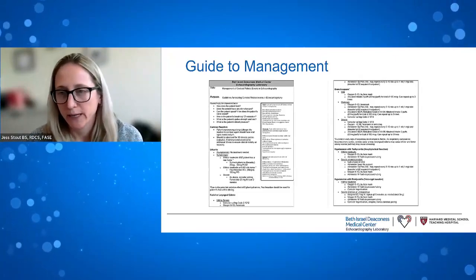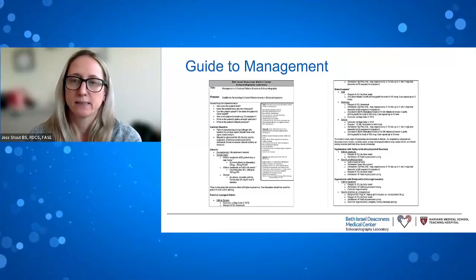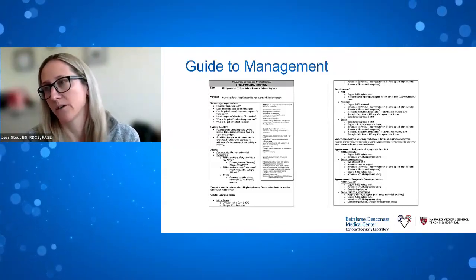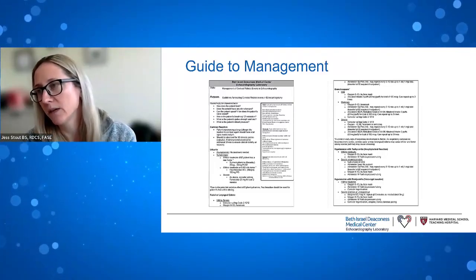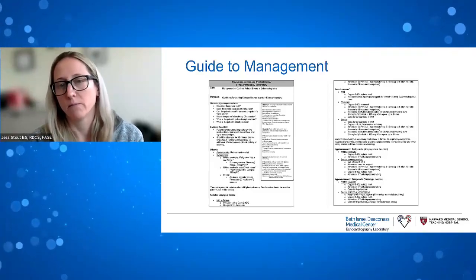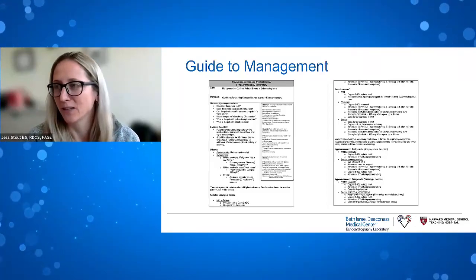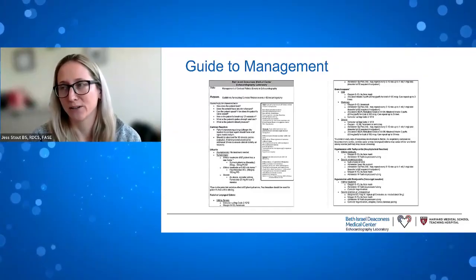And this is really wordy. This is really something that's more for our fellows that respond. This is a guidance document. If the patient's presenting with this, then this is the appropriate treatment, whether it's a mild versus moderate versus severe reaction. Every med that's on this management document is also in that allergy kit that Jordy had shared before. Obviously, clinically, when you actually have a patient presenting, it's not always going to be so cut and dry, but this is at least here as a guidance document for those fellows that are responding to